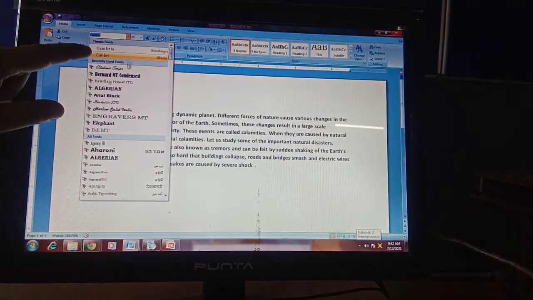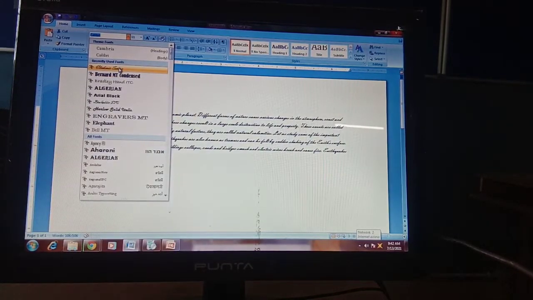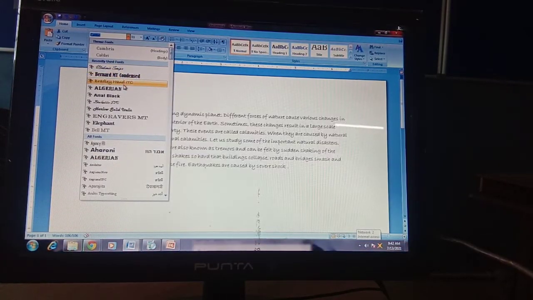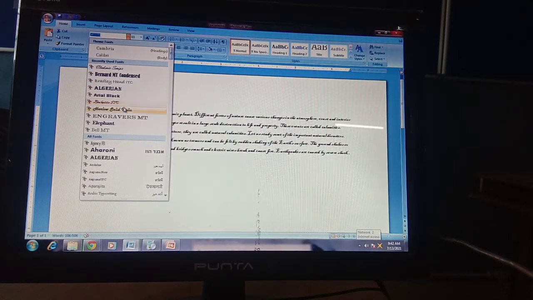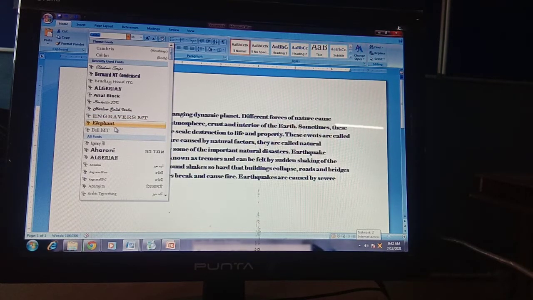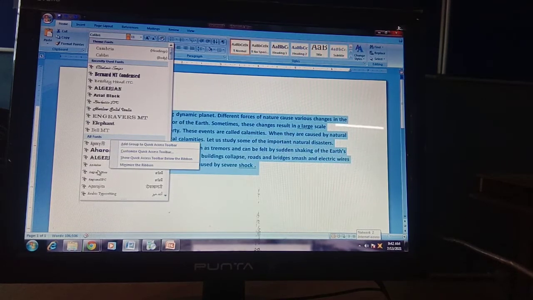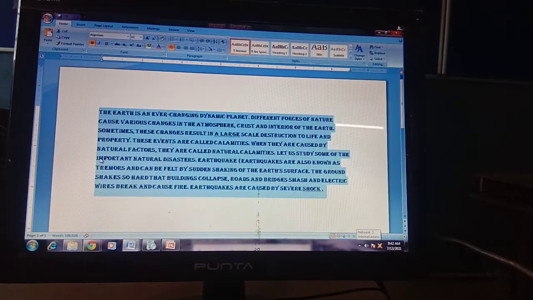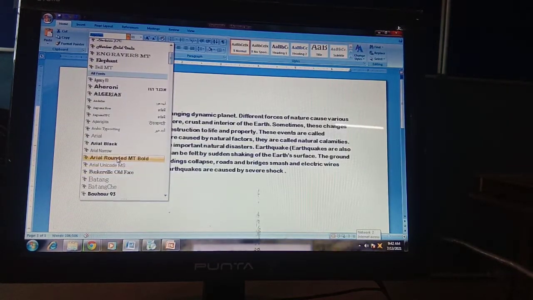See, so many types of fonts are here. This type of font is also there, this one, Arial Black, Engravers MT, Elephant, Bell MT. Different types of font styles are present. For example, this one. You can change it to any type of font you want.